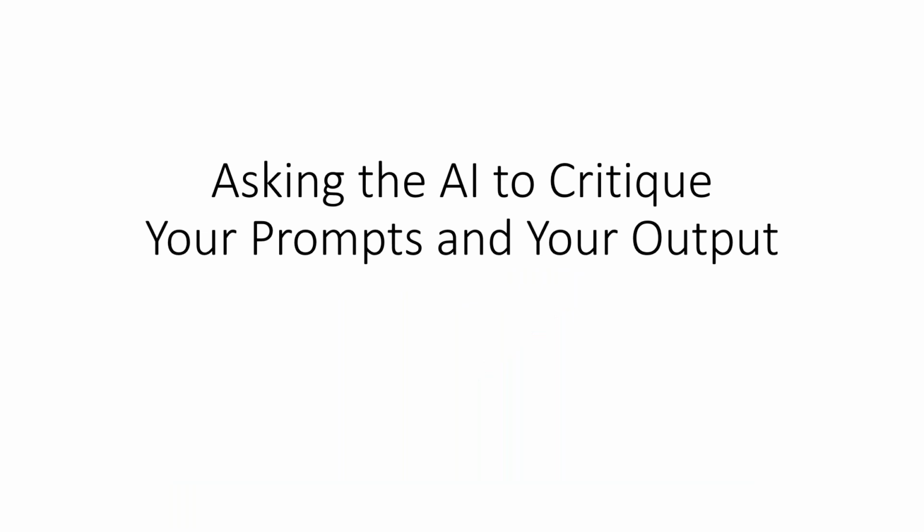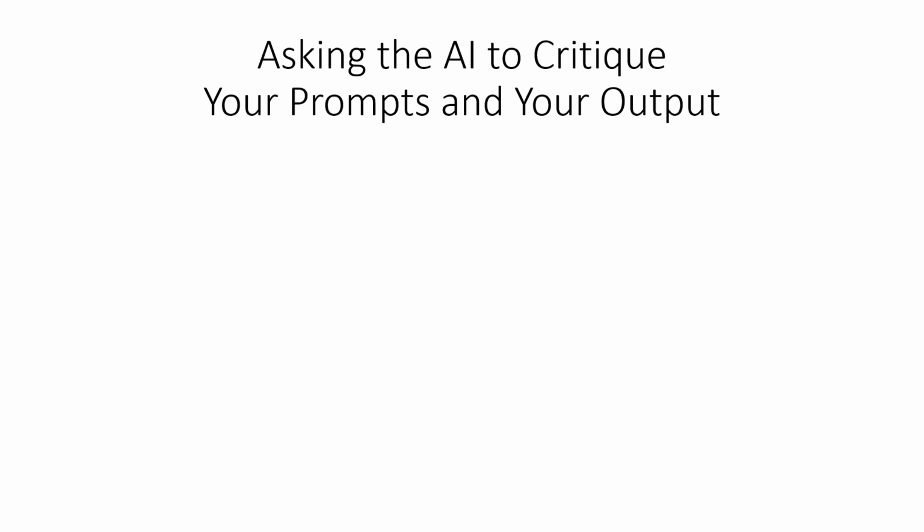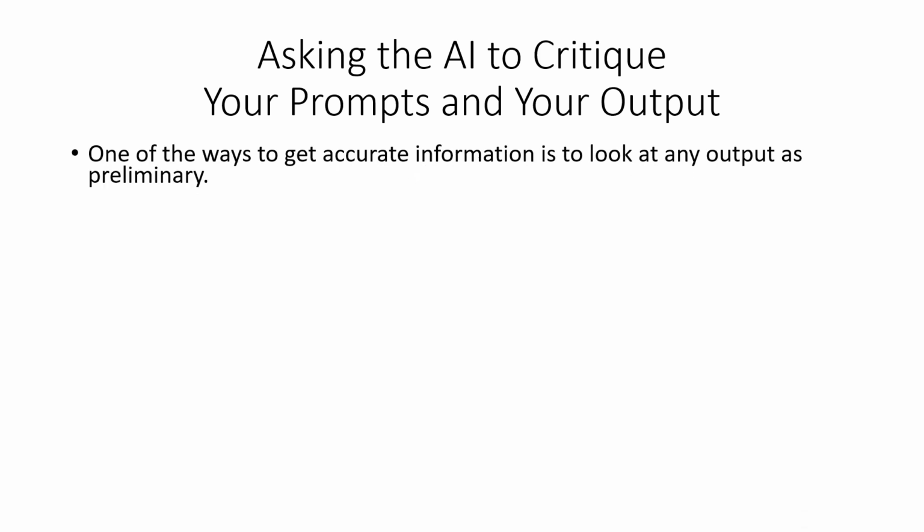One thing that you can do to improve your level of prompting is ask the AI to critique what you prompt. You ask the AI to critique what it gave you. Very important to understand how to do, and that you do it on a regular basis. Now, again, remember I said that most of what we're talking about is not going to be rocket science. It's all common sense. One of the ways in which you make your information more reliable is you take the information that you get as output, you put it back in the chatbot, and you want the chatbot to then